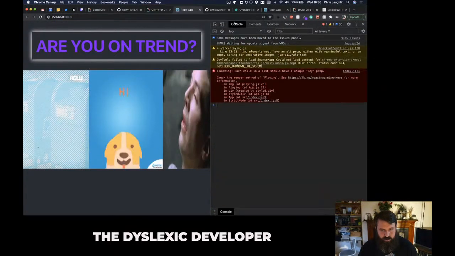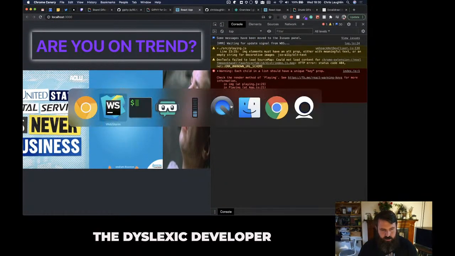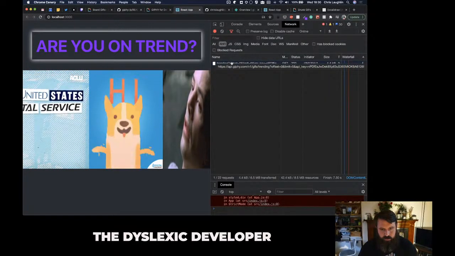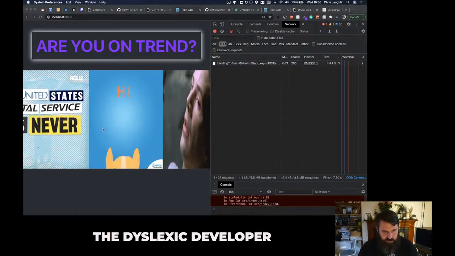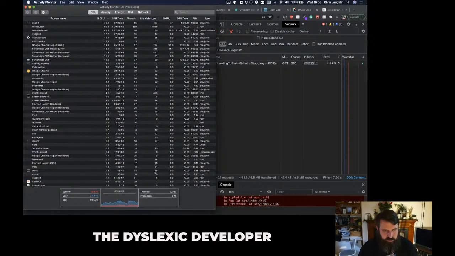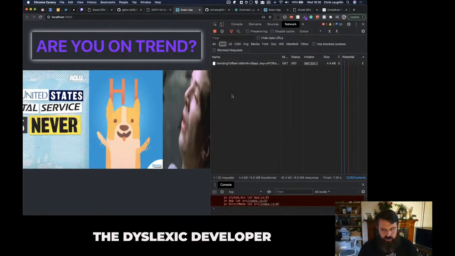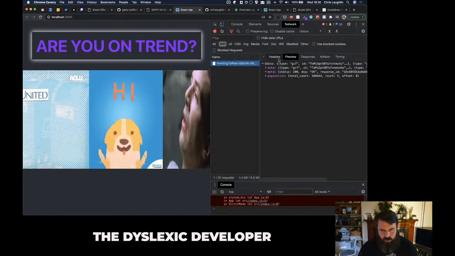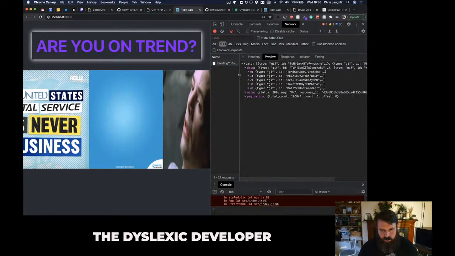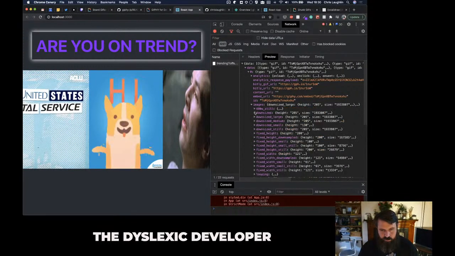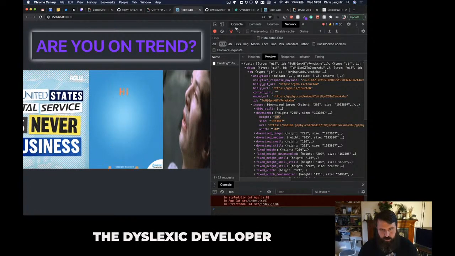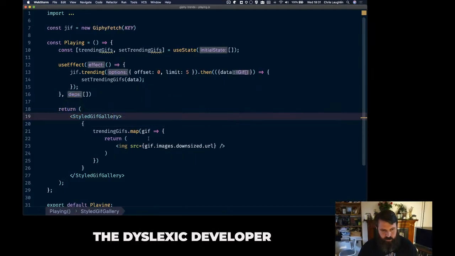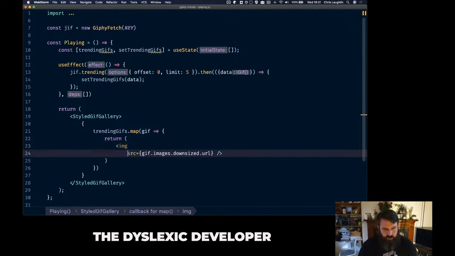If I go and find what one of these look like. My machine is getting intensive. OBS, you're killing me. So I know the dimensions of the image. This will be the end. This is the annoying thing. This will be the worst. So I know the height and the size. So if I'm able to set those on this, so